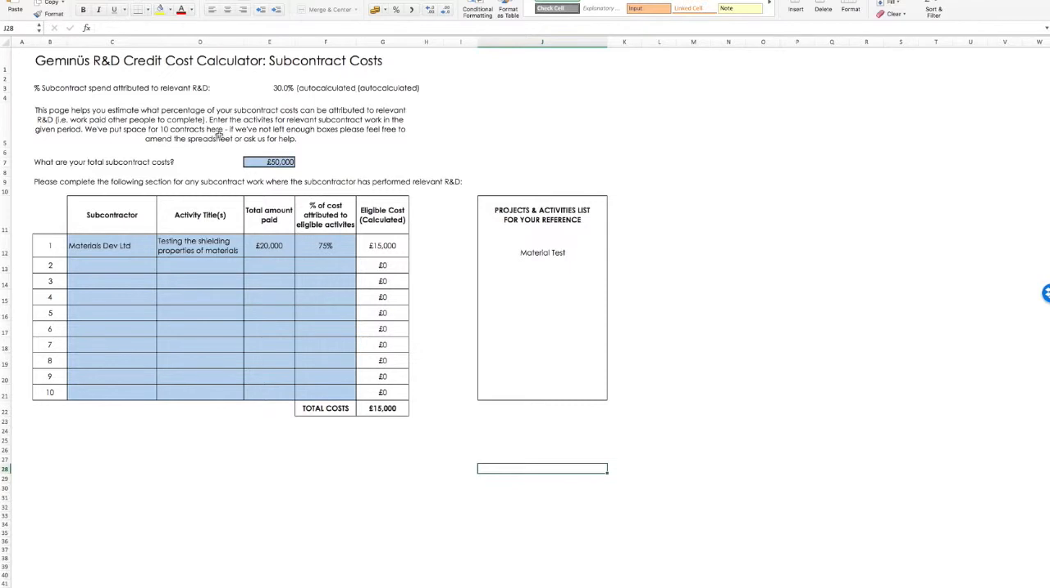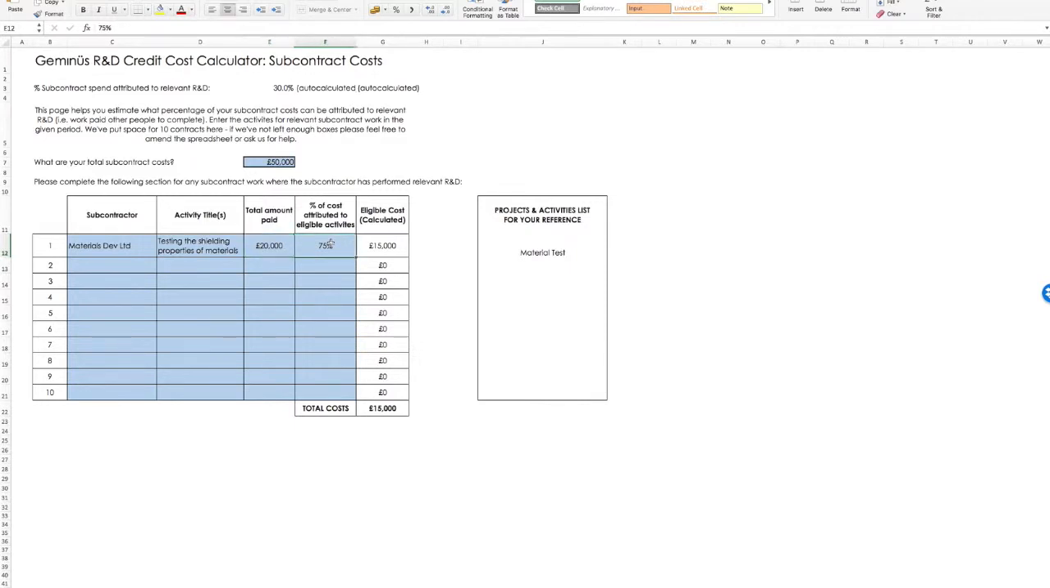And I'll go on to the reason for that on the next page, but that is very, very important. Okay, so I've put in the total subcontract cost here. I've put £50,000 for the sake of argument. I've put in the subcontractor who we gave the work to, a little bit about what the work was, testing the shielding property of materials, how much we paid them,